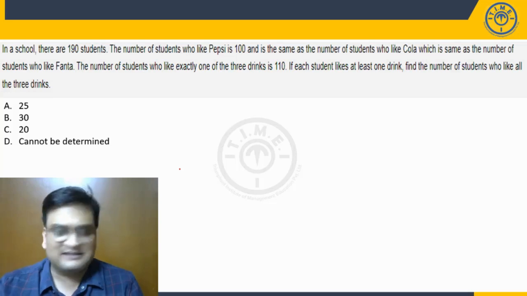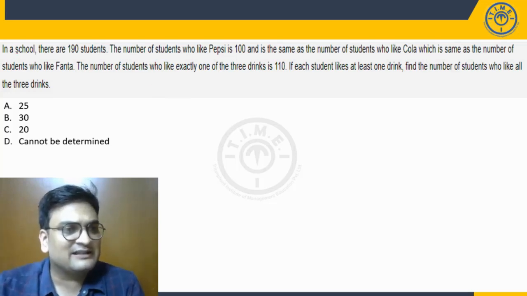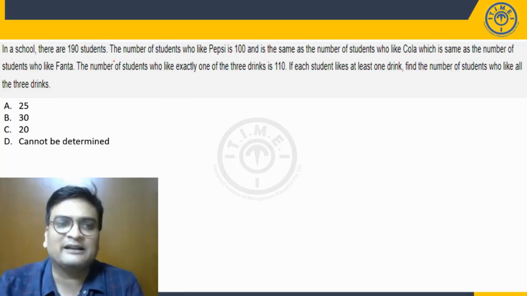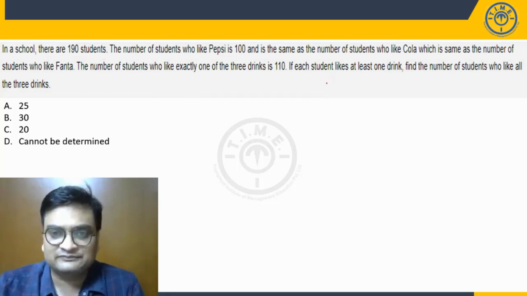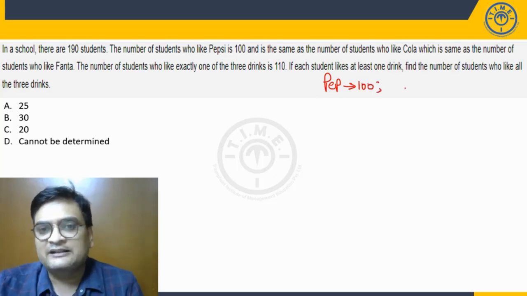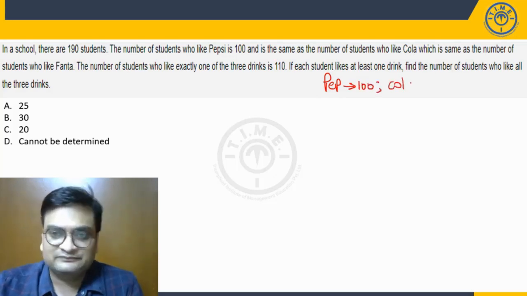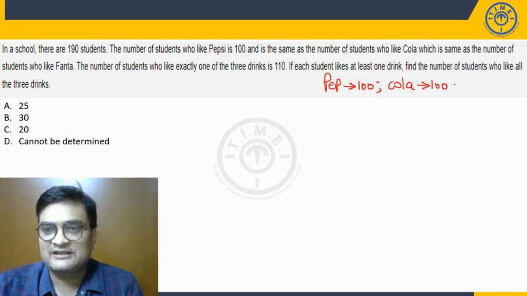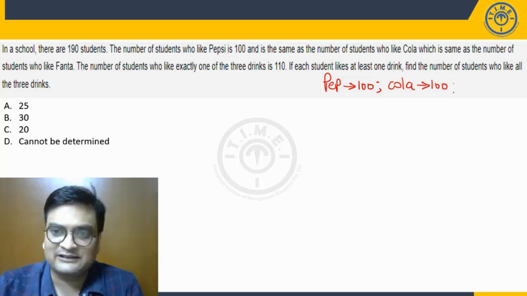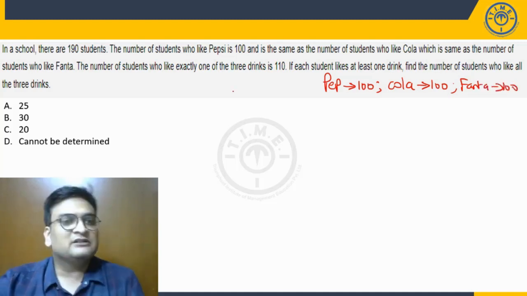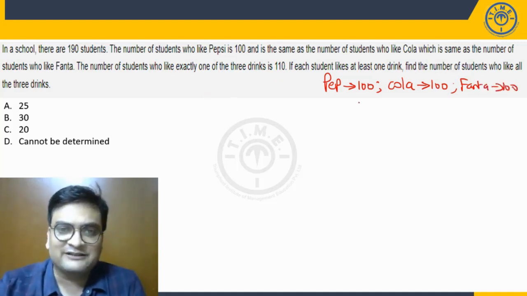Let's get started with this question right now. It says in a school there are 190 students. The number of students who like Pepsi is 100 and is same as the number of students who like Cola, which is same as the number of students who like Fanta. Fanta is also 100. The number of students who like exactly one of the three drinks